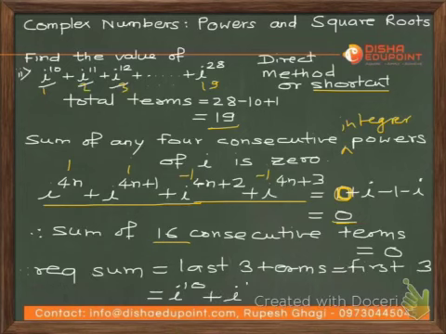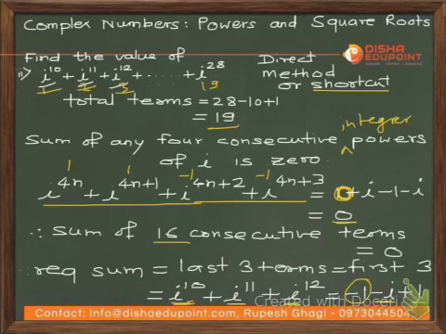So it's better to take the first 3 terms. I will take i to the power 10, i to the power 11, i to the power 12, right? So i to the power 10 will be equal to minus 1 because it is of the form 4n plus 2, 8 plus 2. That's why the value of i to the power 10 is minus 1. i to the power 11 is of the form 4n plus 3, value is minus i. And i to the power 12 is obviously i to the power 4n, value will be 1. So minus 1 minus i plus 1, the value is going to be i, right? So our final answer here is i.